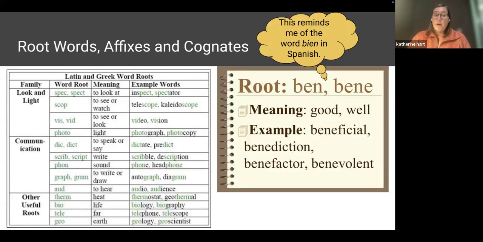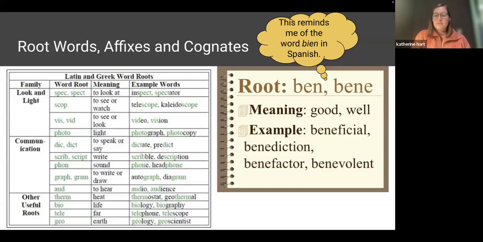Okay. Another great resource, especially in science, is root words, affixes, and cognates, right? I think something like 90% of the terms in science can be figured out with root words. So teaching these explicitly can really go a long way in your content areas. The one caveat is that for some of these roots, if you're using cognates like benefit, beneficio, those are similar words in English and Spanish. If students don't know the word in Spanish, for science content, a lot of the times they won't know. Like photosynthesis sounds the same in English and Spanish, but they still probably don't know what photosynthesis